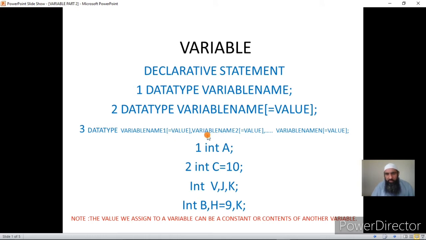You can create as many variables as you want, and in the same pattern that you can do for variable 1, those options are available for all the variables, and the statement should terminate with a semicolon. Important requirements are, now there should be a data type, there can be 1 variable or n variables. Out of those variables, you can assign the value to the variable you want, and you can leave some variables unassigned.